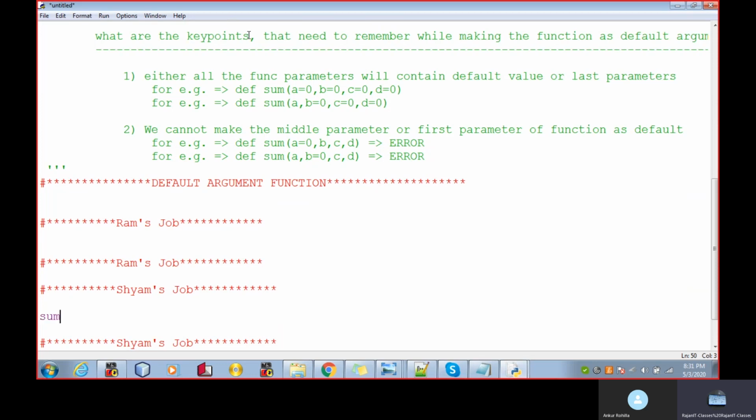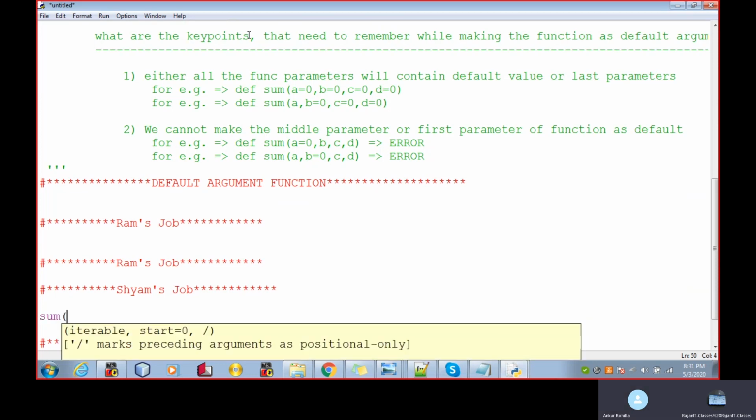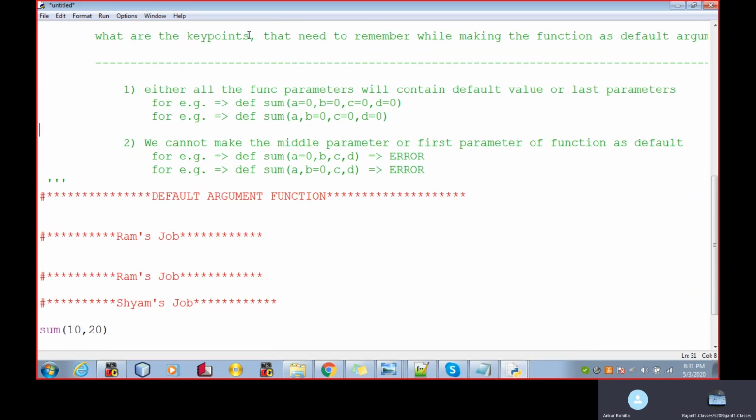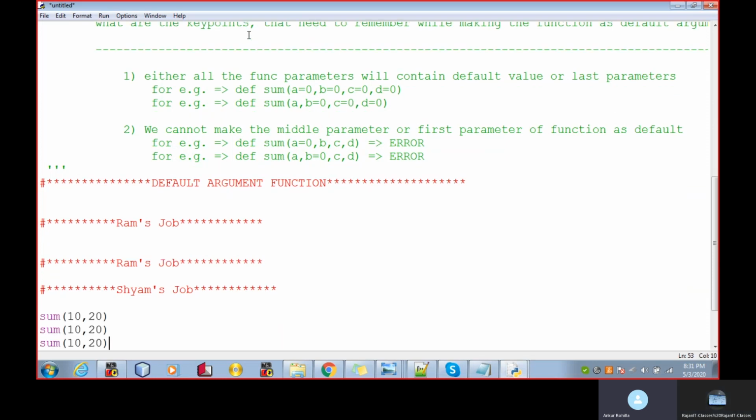There is a function sum that has been passed only two values, from my friend, right? So here I'm getting the result.